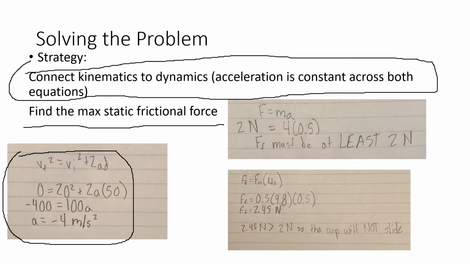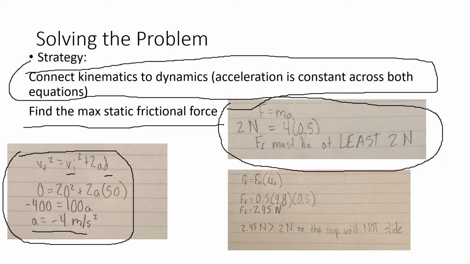And we know the initial velocity is 20 meters a second. And we know that the distance is 50 meters. So doing a little bit of algebra here, we get the acceleration to be minus 4 meters a second squared. And we know that the mug has to basically match that sort of acceleration if the mug doesn't slip at all. So we can find the needed force for the mug to undergo this acceleration,